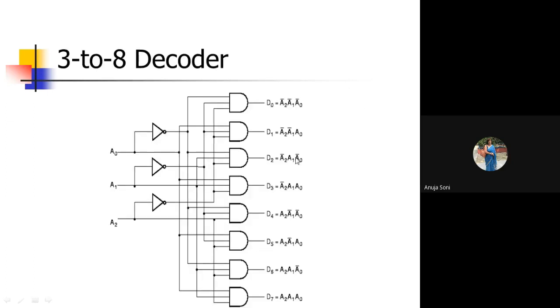Once you have written all these formulas, as per these formulas only you have to make the connections. Now this A0 has two possibilities. Either its value will be used as such, or its complemented value will be used. So you have to have both the possibilities, so you have to use one inverter gate over it. Over it means one line going as such and one line going through the inverter gate. Similarly for A1, one line is going as such, one line is going across the inverter gate. Similarly for A2, one line is going as such, one line is going across the inverter gate.